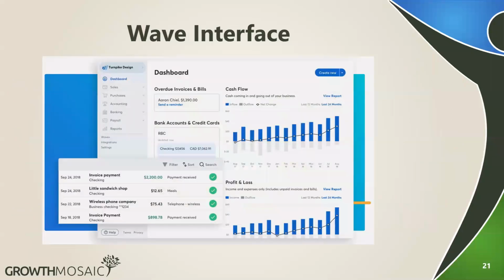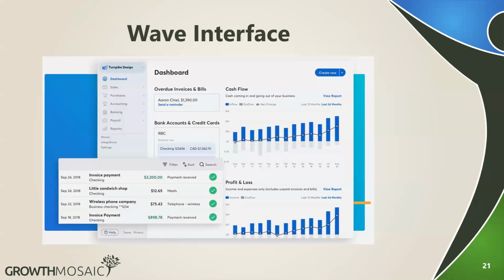And we can look at some of their interfaces. And basically, they essentially do the same thing. This is Wave's interface. For me personally, I like how it looks. I like the color scheme, etc. But the whole point is to have some management system, financial management system, accounting system that works best for you and your business. You should understand what's being produced for you. You should understand how it's being presented. Also understand how to use it.